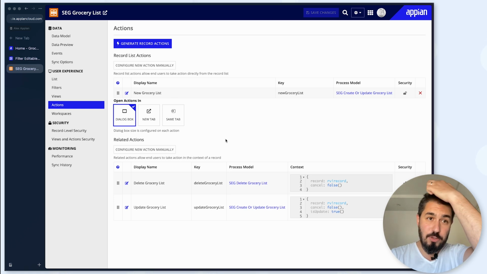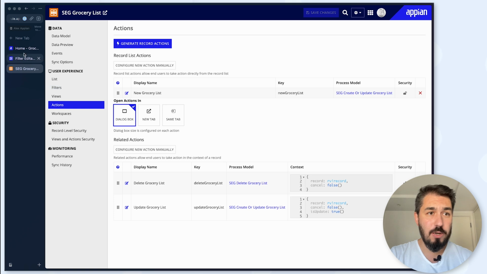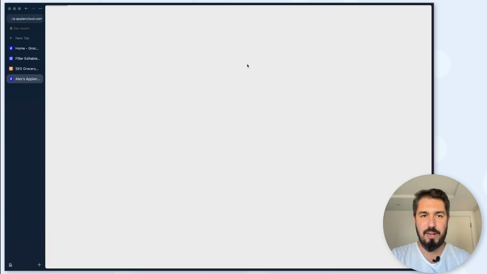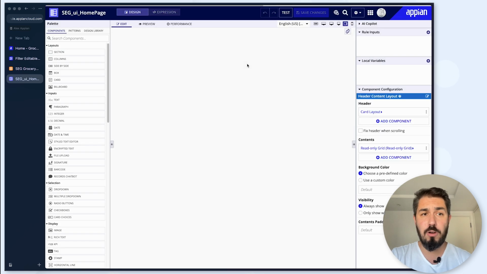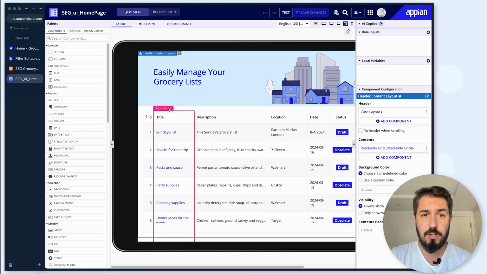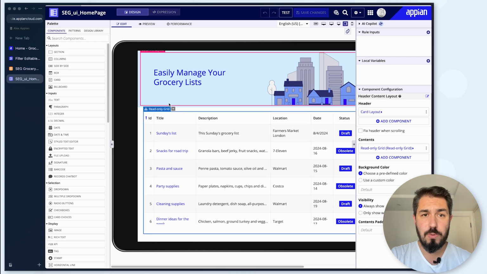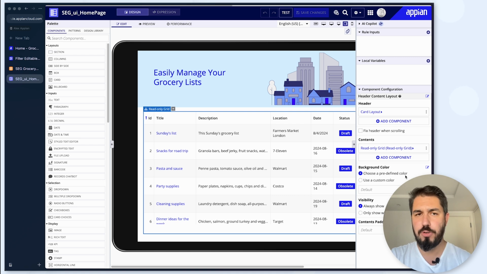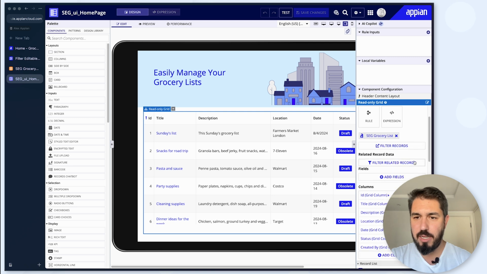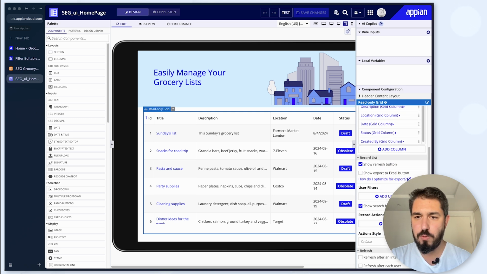Now, what I want to do is on my home page, which is a pretty basic landing page for our application, we don't need anything else. I will add the action on my read-only grid over here to be able to add one new record, or to create a grocery list in our case. So let's just wait for a second and we'll scroll down to the record actions, add an action,